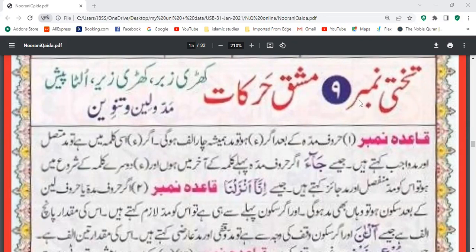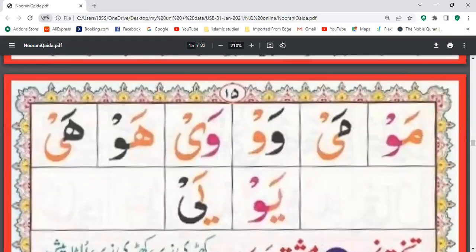Today we are going to start the new chapter, chapter 9, takhti number 9. In this chapter we are going to practice all that we have learned so far.